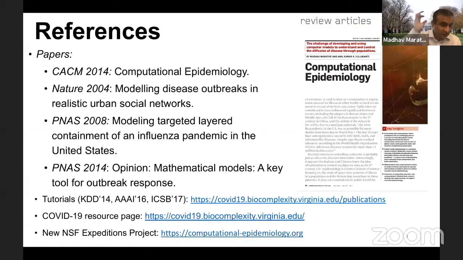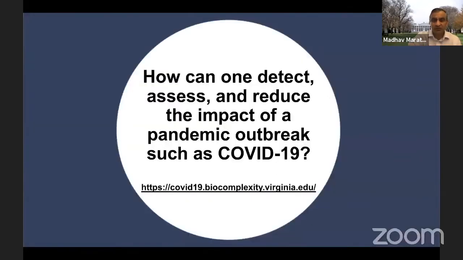So just before I start, here are some references. I believe the slides are going to go online, and folks who have further interest can take a look at some of these papers. I'm going to focus on COVID-19 because I think you couldn't find a better example at this point of time for real-time computational epidemiology. Our group has done work in this area for a while now, and the slides and the papers can talk a little bit more about it as we go along.